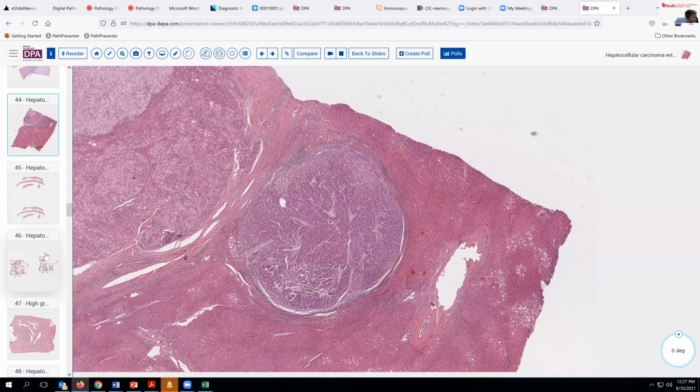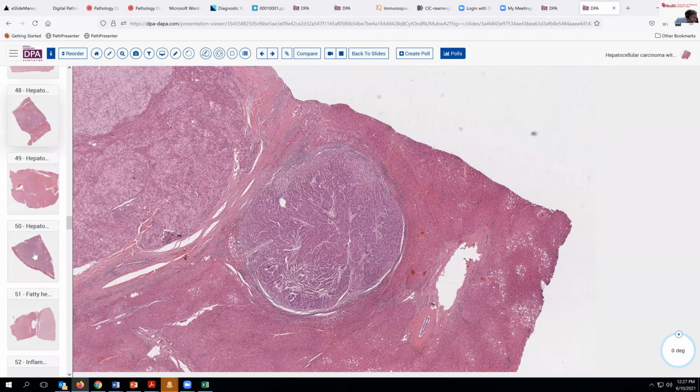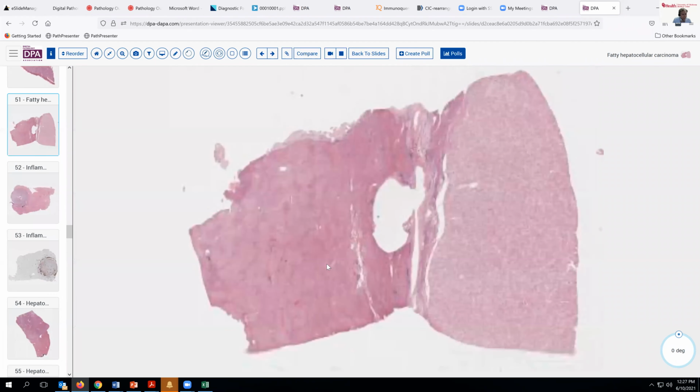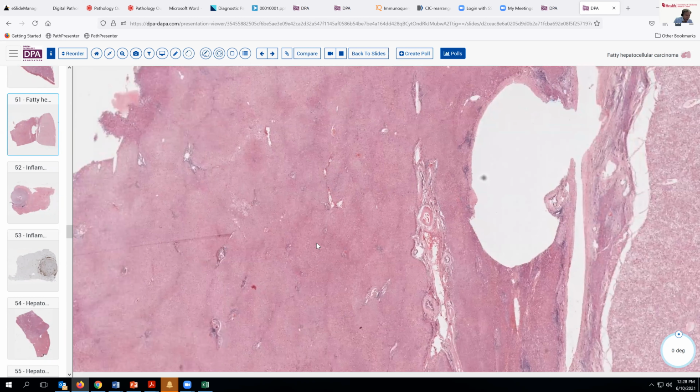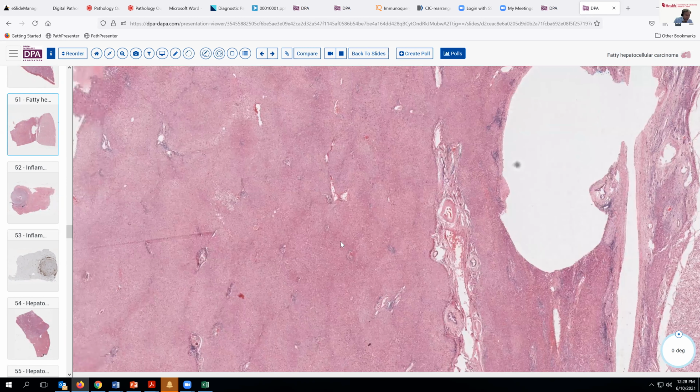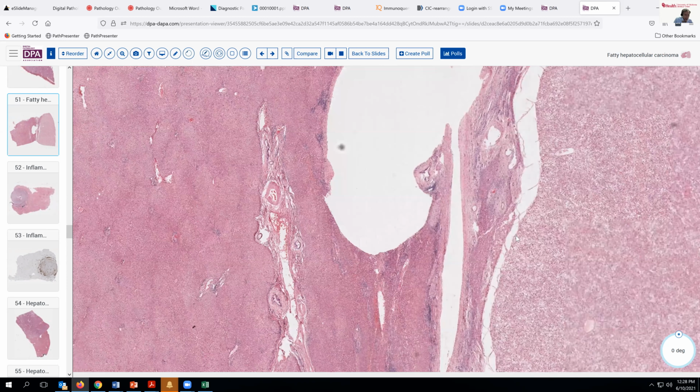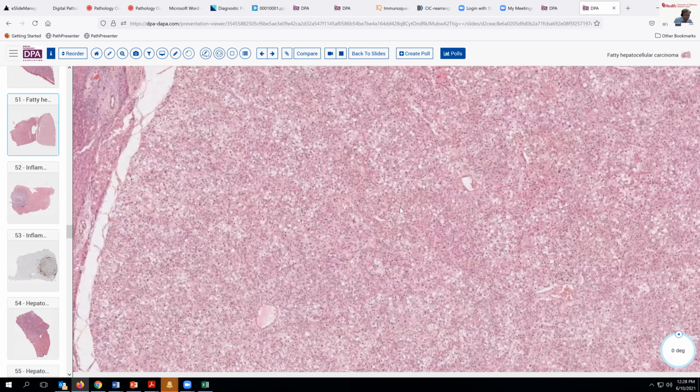Let's go on to take a look at another example here. Again, this is a situation where it doesn't look like this background liver is particularly cirrhotic. And so looking at this tumor here,